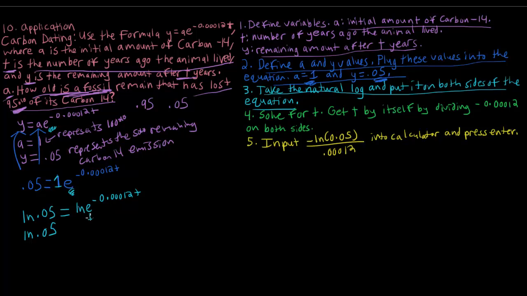So we'll have this equal to, so we'll get rid of that because this would move to the left of the natural log. You would end up with negative 0.00012t, and then you just go ahead and